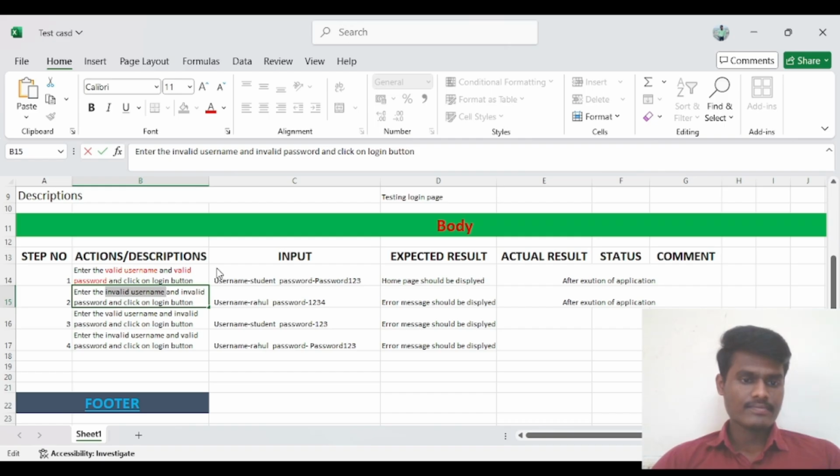Invalid username. This is for what? Invalid username and invalid password. And this is for what? Valid username. This is a valid username and invalid password.